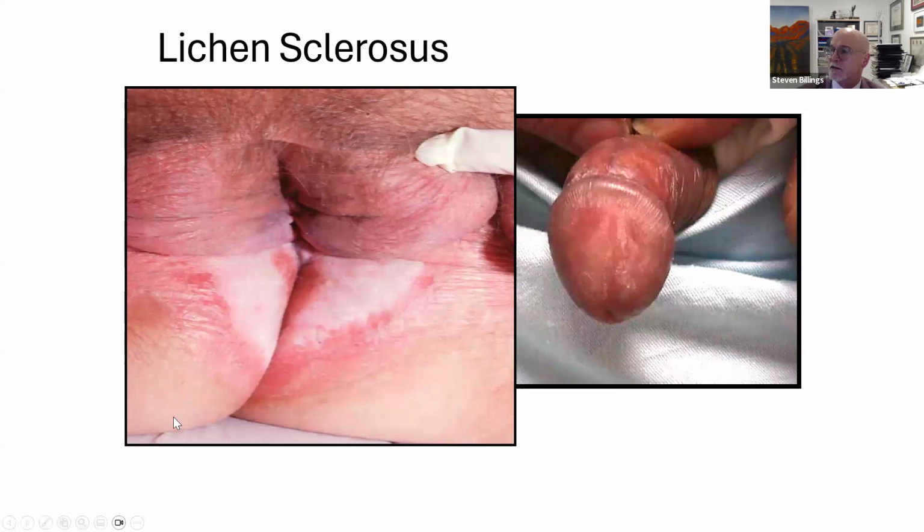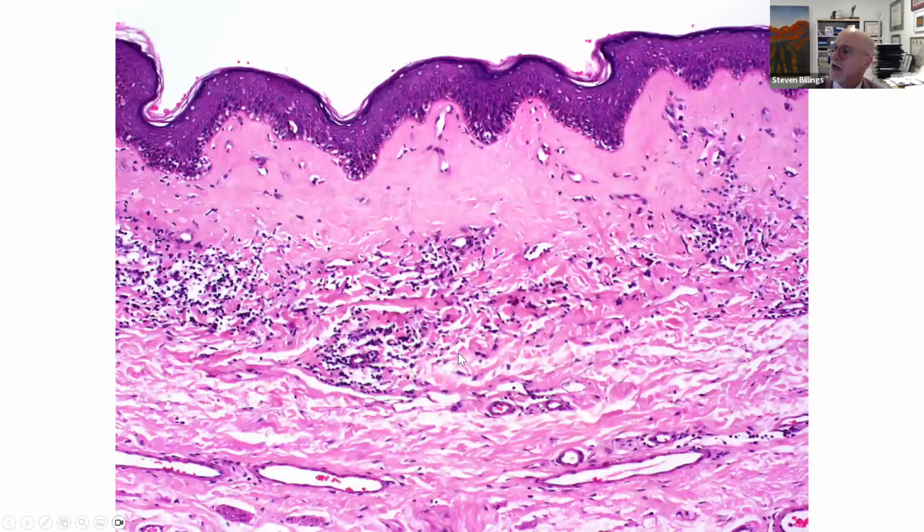So just clinically, lichen sclerosus, again, tends to occur on genital skin. We get these white plaques. And this is what an advanced stage or the sclerotic phase of lichen sclerosus looks like. You can see this homogenized and sclerotic papillary dermis, and then beneath that are the remnants of the lichenoid infiltrate, because remember, lichen sclerosus starts out as an interface